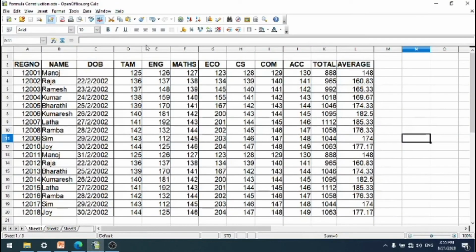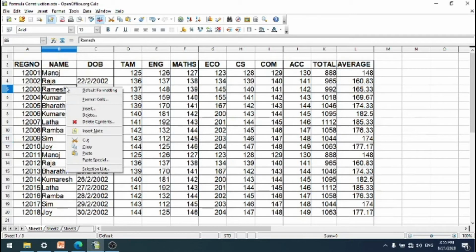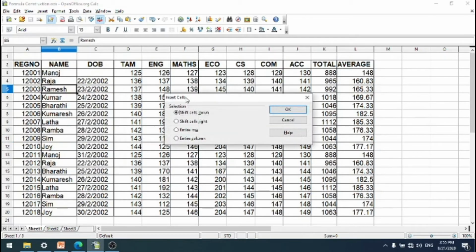Now you see, or you can use insert to select a particular cell. Right click the mouse button, then the insert cell dialog box will appear. Here you can shift the cell down, you can shift the selected cell to the right hand side, you can shift the entire row or entire column.